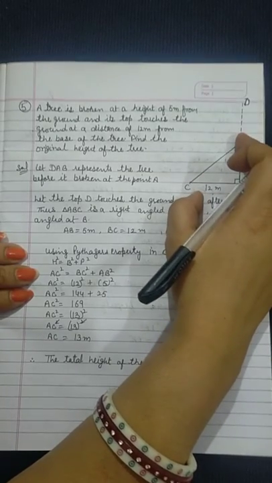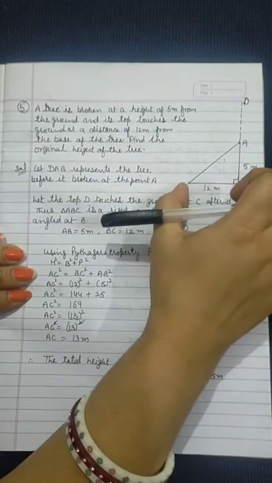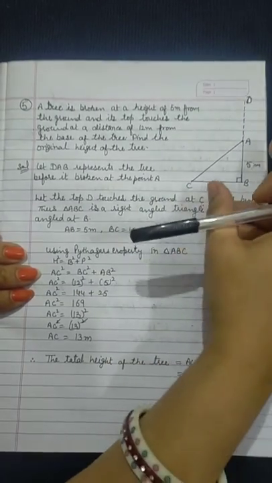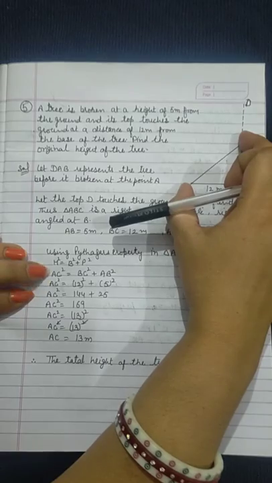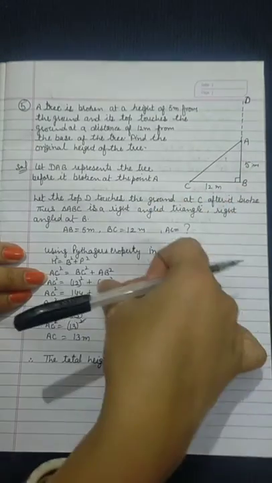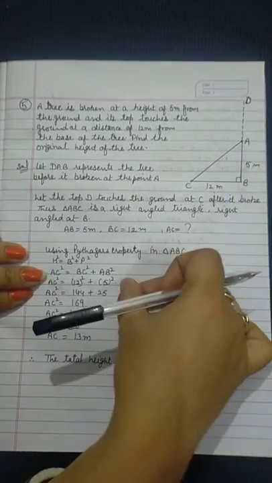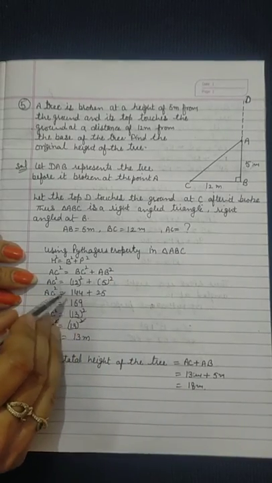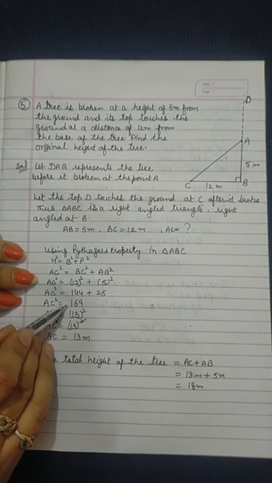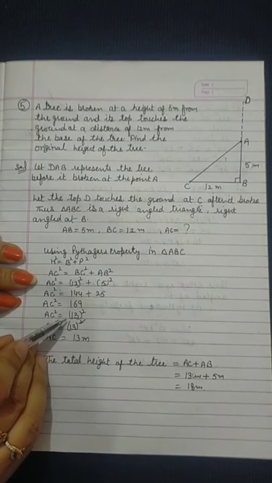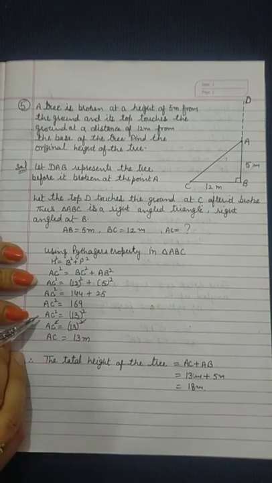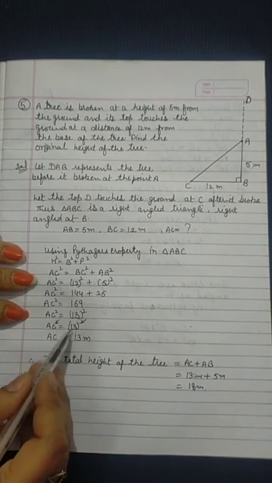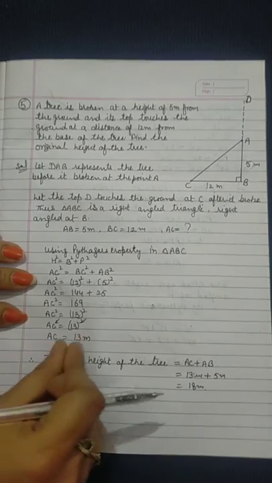The hypotenuse is AC, the base is BC, and the perpendicular is AB. We will put in the values to find AC. So write it as it is: BC is 12, and AB is 5. Put in the values: 12 12s are 144, and 5 5s are 25. We add both, it becomes 169, and 169 is a perfect square of 13. So write AC square equals 13 square, and after that we cancel the same power. Then we get AC as 13 meter.